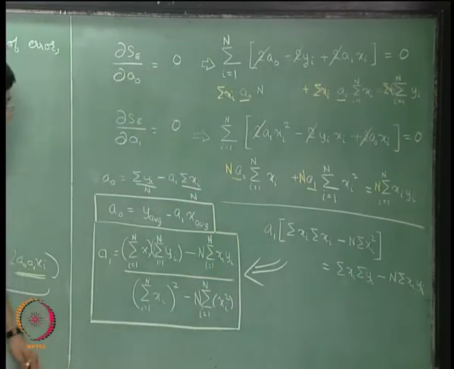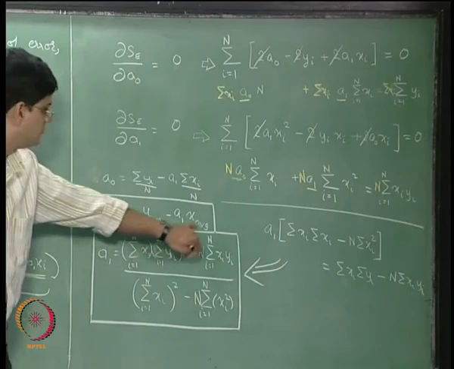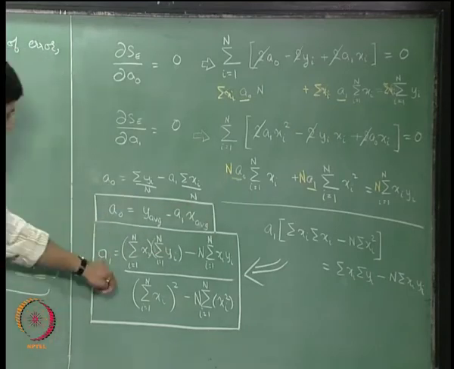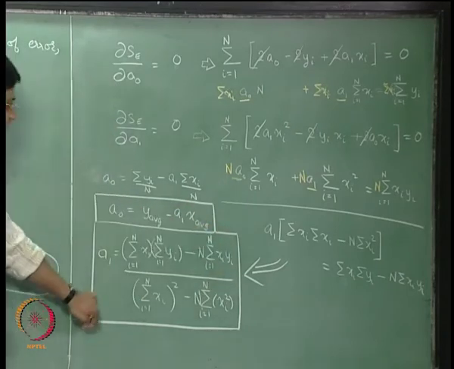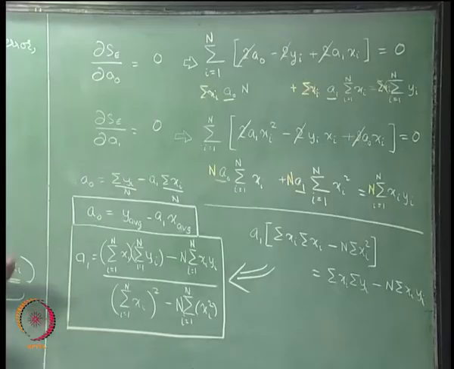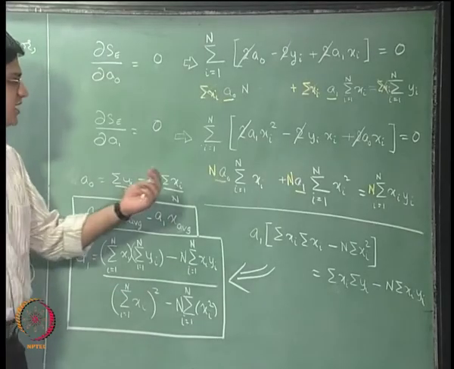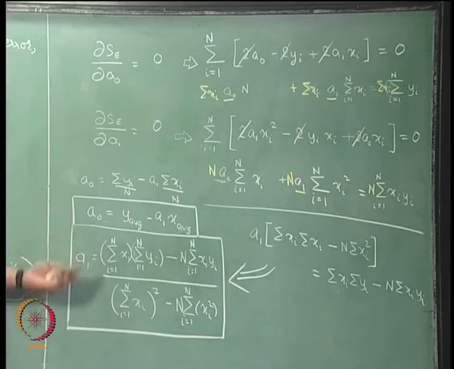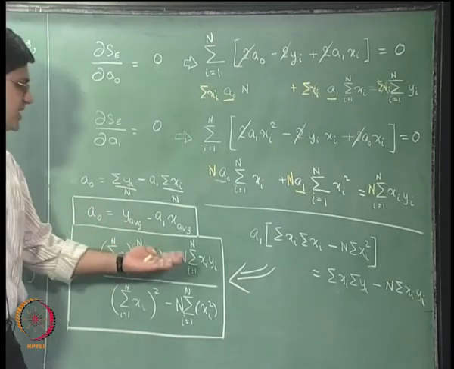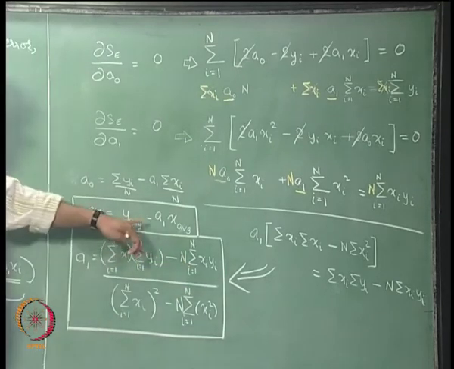Okay. So, this is how we will get the value of A0, this is how we will get the value of A1. Okay. So, given n data points x1 y1, x2 y2 up to xn yn, we first find out